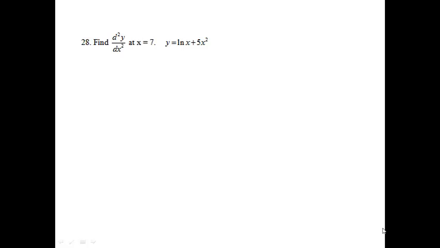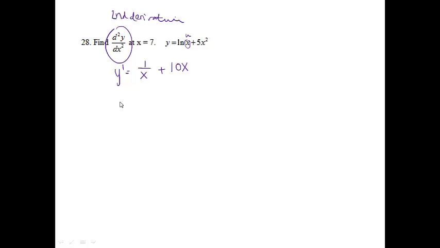Find d squared y dx squared at x equals 7, and hopefully we know that this means the second derivative, so we just want to take the derivative a couple times here. Okay, we're going to have y prime equals the derivative of ln x. This would just be like ln u. The derivative of ln u is du over u. Du would be 1 over u, which would be x, plus the derivative of 5x squared, which would be 10x, and then